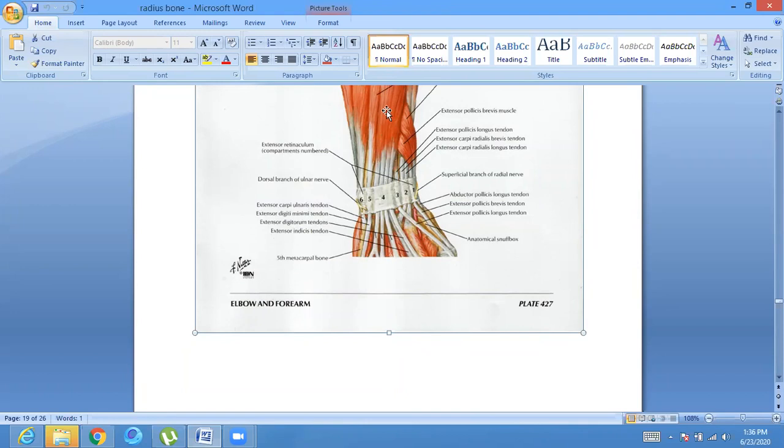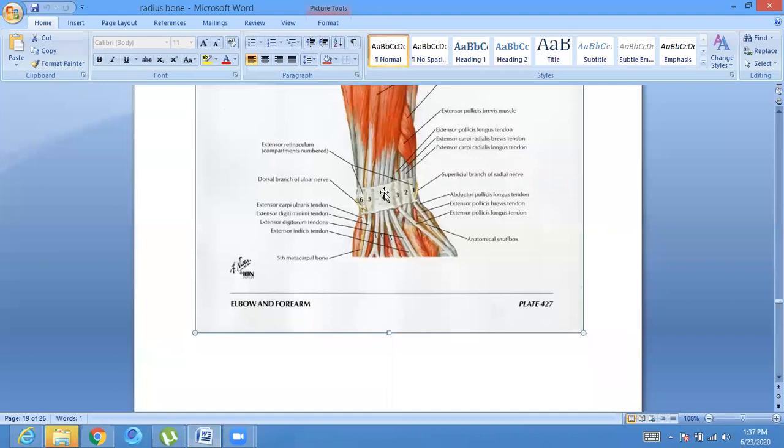ठीक है, ये 4 टेंडन्स जो है ये एक ही मसल से आ रहे हैं, बिकॉज डिजिटोरम आई टोल्ड यू, डिजिटोरम होगा तो क्या होगा? लेटरल 4 फिंगर्स की तरफ जाएगा. जैसे था ना एक्सटेंसर डिजिटल हमने पढ़ा था लोअर लिम्ब में कि उसके भी जो लेटरल टोर्स से द लेटरल टोर्स की तरफ 4 टेंडन्स जा रहे थे, राइट? सो व्हेन यू सी द एक्सटेंसर digitorum which is basically giving the 4 tendons for the lateral 4 fingers, right? sorry so medial 4 fingers, ठीक है जी, medial 4 fingers over here.